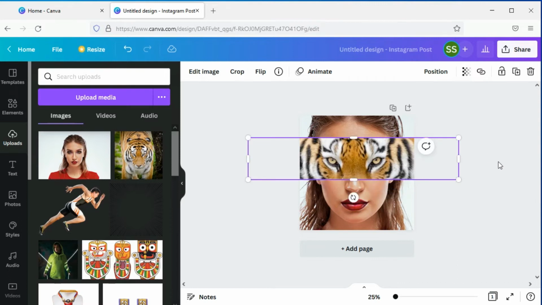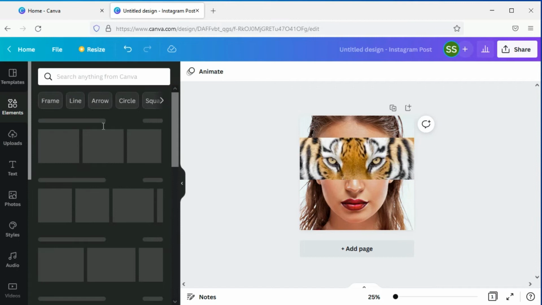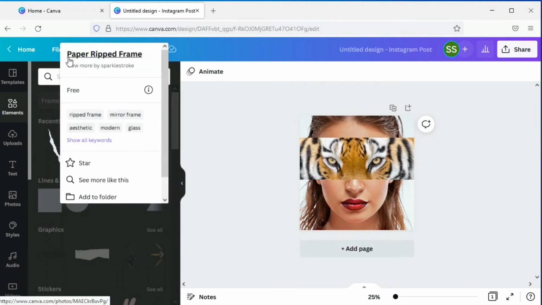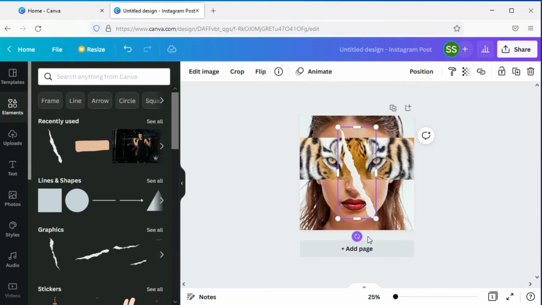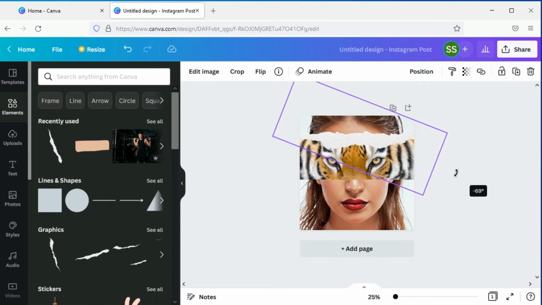Okay, so as you can see, now we will bring the torn paper effect or the rip paper effect here. As you can see, we have already kept the rip paper in the recently used section. You can find it in elements. It is the paper rip frame. After that you will just bring it here, rotate it according to the design and use it. We have to use it in such a way that it covers the portion which is coming here. Okay, so this is how I cover the upper part,